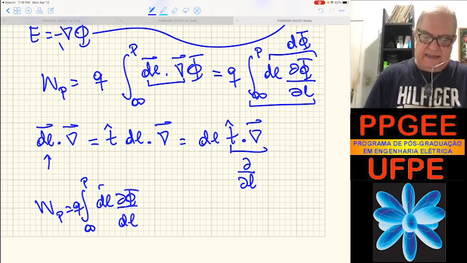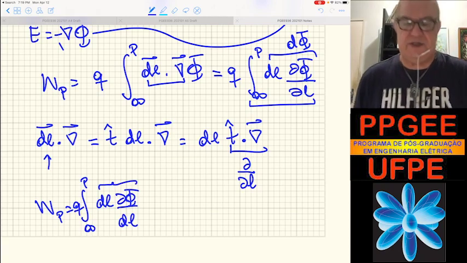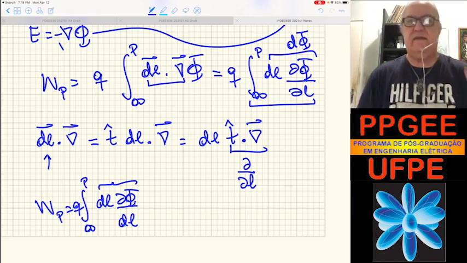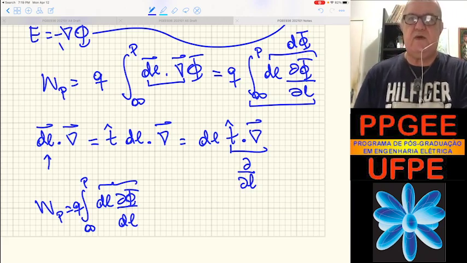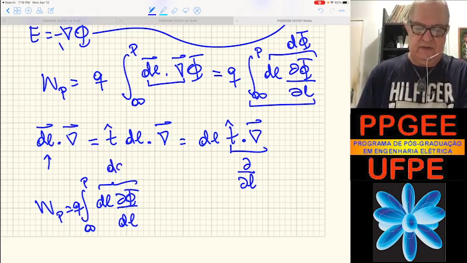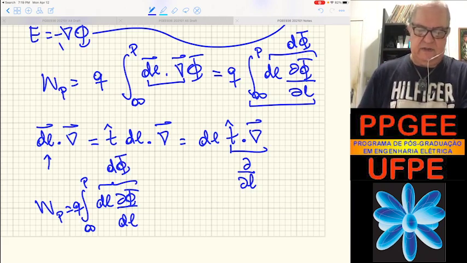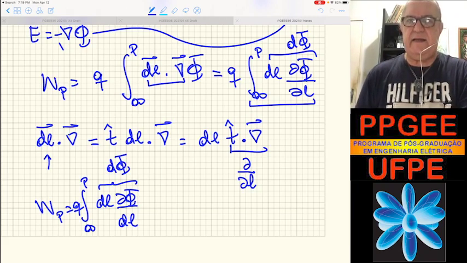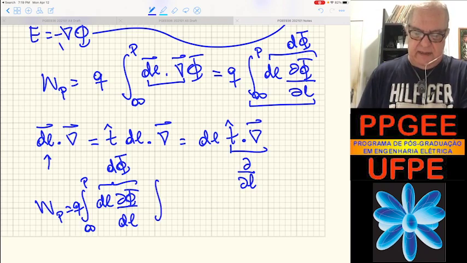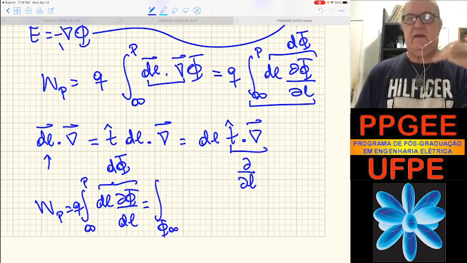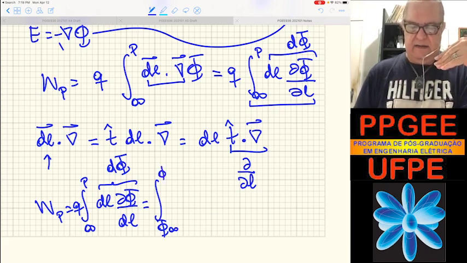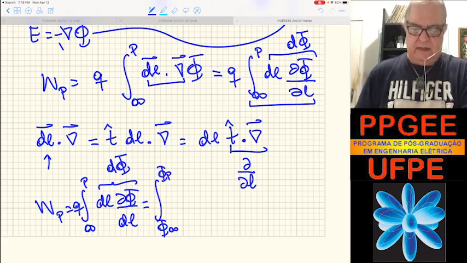As I make a change of variables, instead of going from coordinate space to potential space, the new integration variable is the potential itself. So this is going to be equal to the potential at infinity, the lower limit of integration, to the potential at P, and there's a Q here, I forgot,